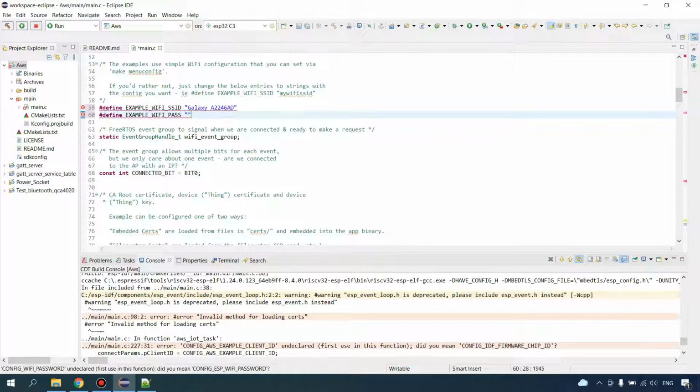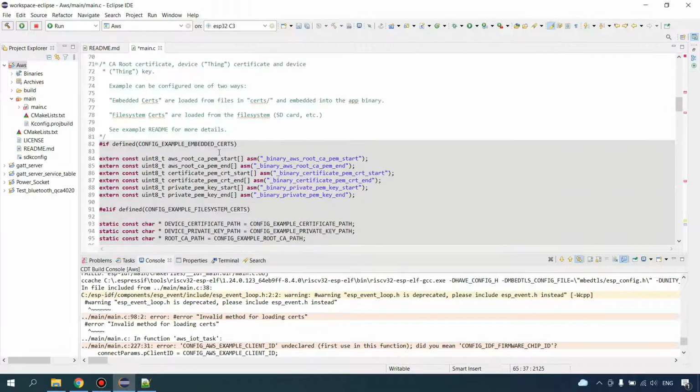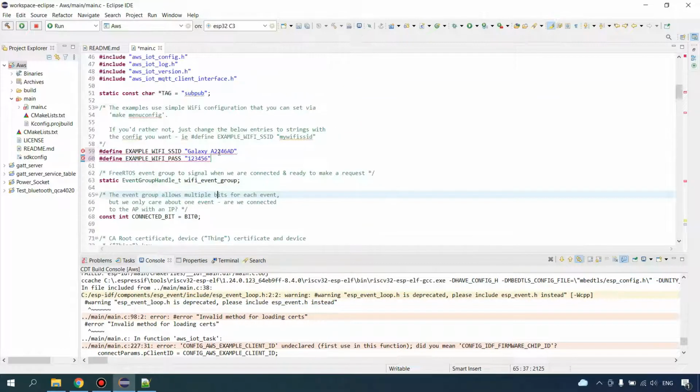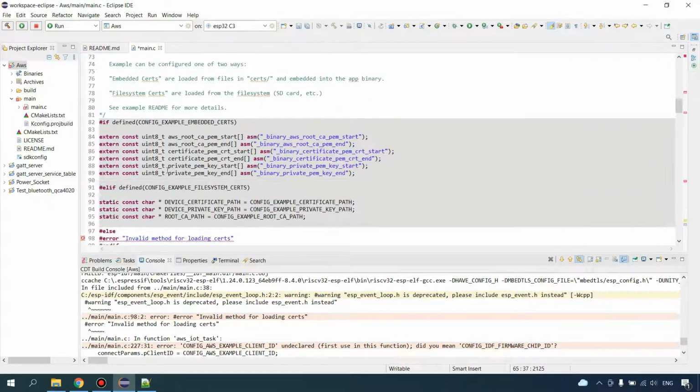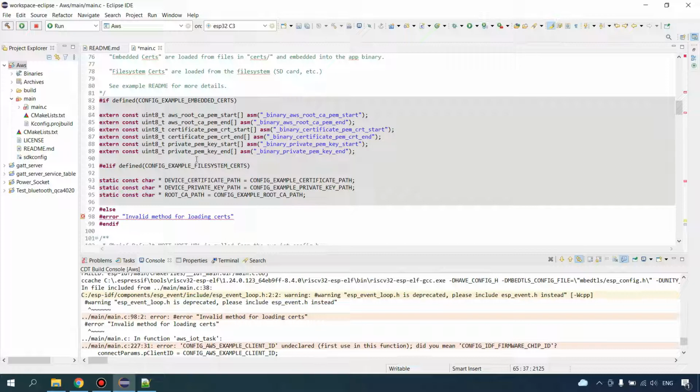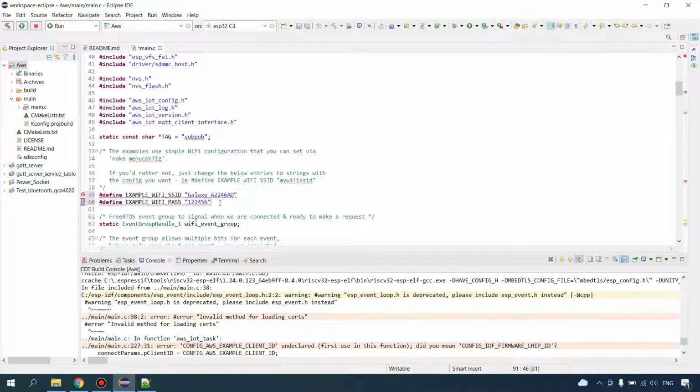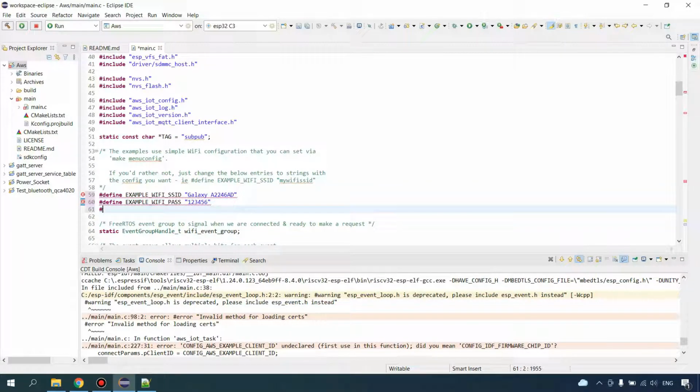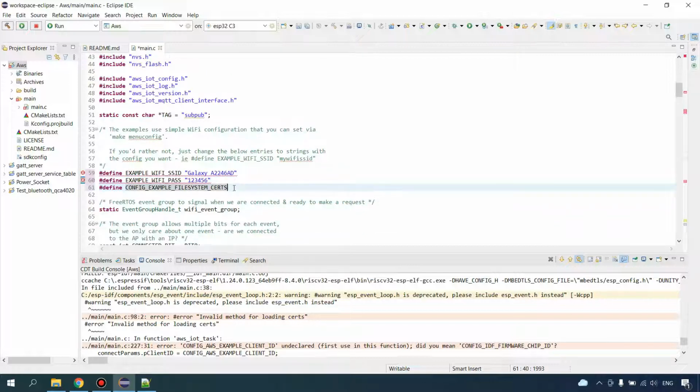Let's enter the password here. So here we need to define either of these two. So I will go with this config example file system certificate. Just copy this, paste it here. Save the code.